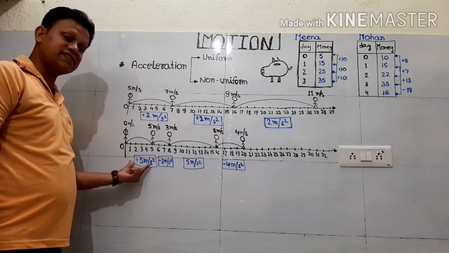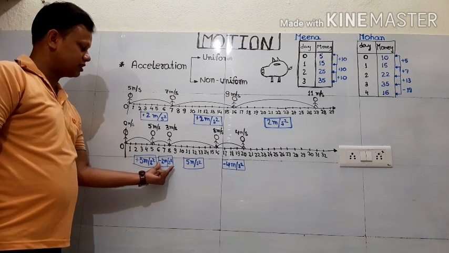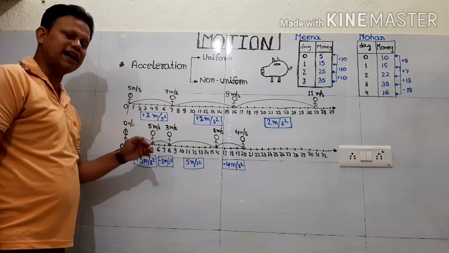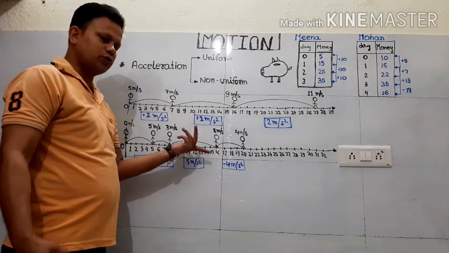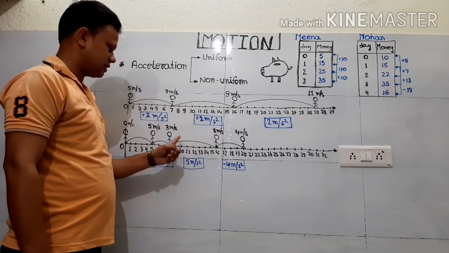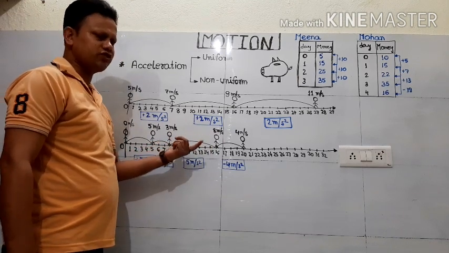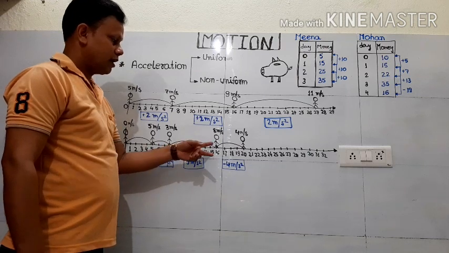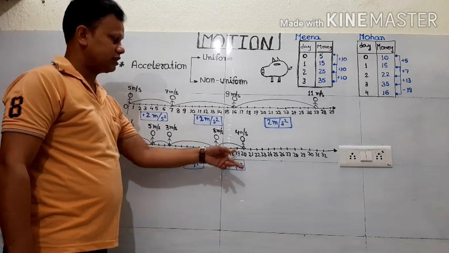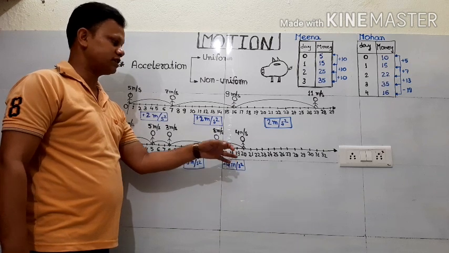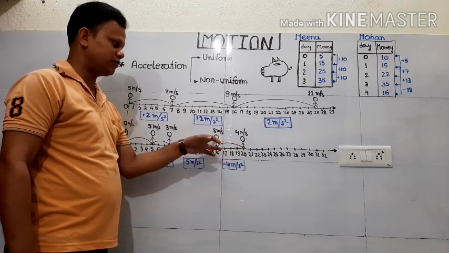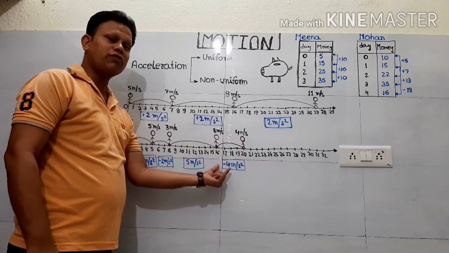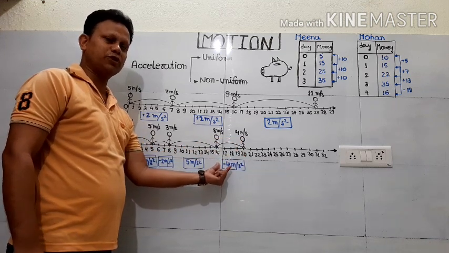Here you can observe +5 increase was there. Now here only 2 change is there, but that is negative because the speed is coming down. Again suppose speed goes 3 to 8, so obviously 5 meter per second square is the change. But again it is acquiring a speed of only 4 meter per second, that means from 8 meter per second to 4 meter per second. So again there is a drop in the magnitude of velocity.